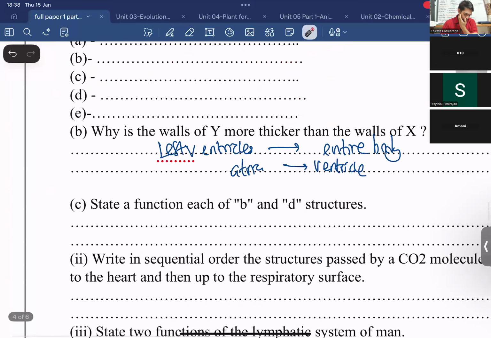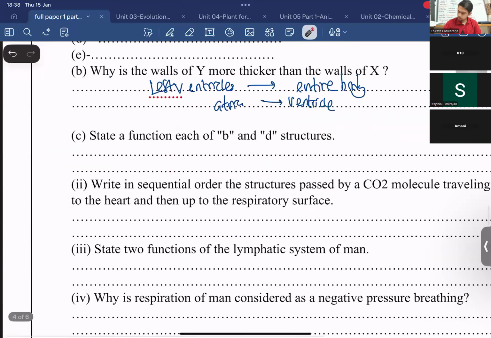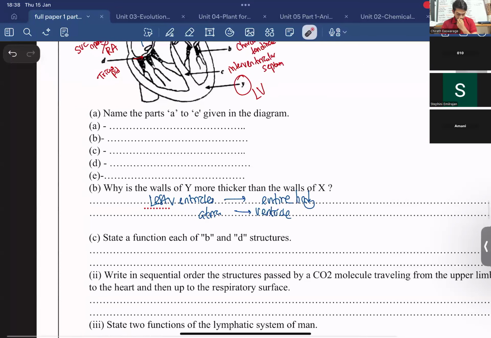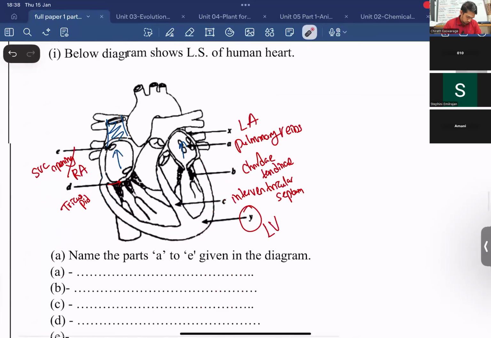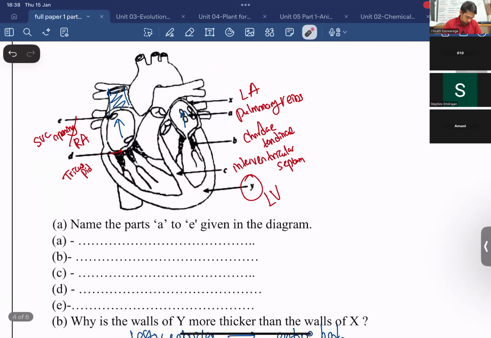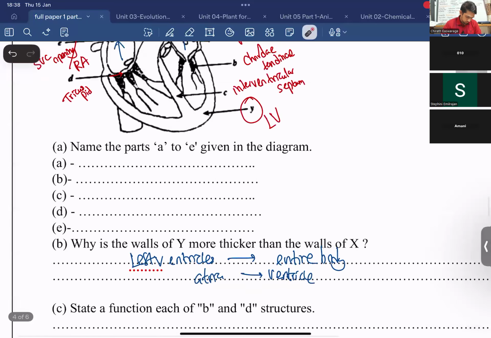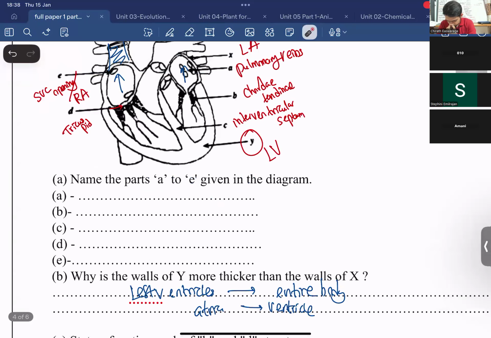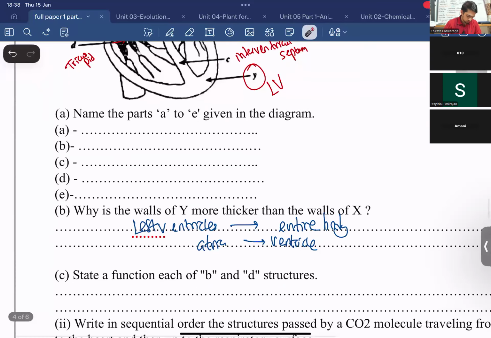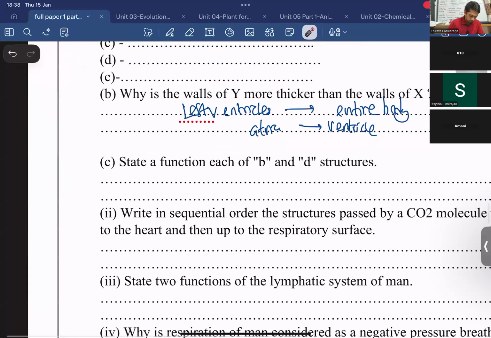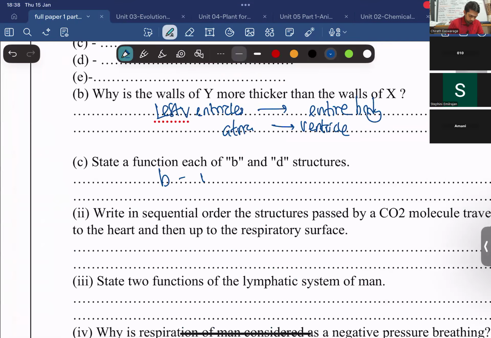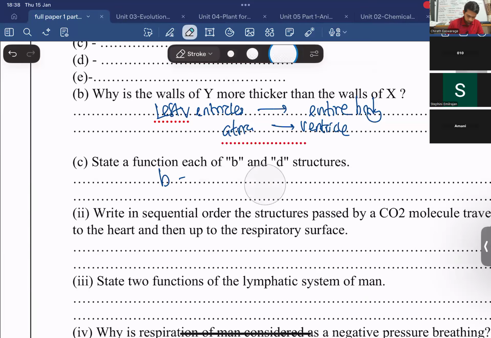State a function of each B and D structures. Okay, so B I took as coordinate ending, so prevents... B prevents overturning, no? What does it say? Overturning of